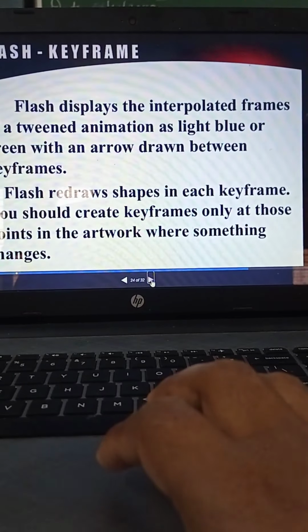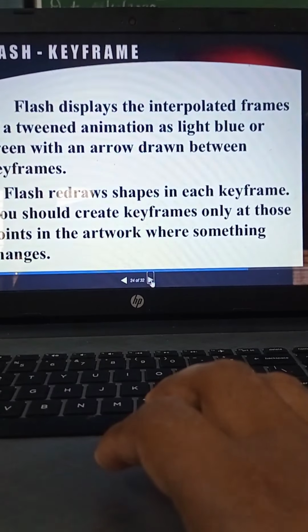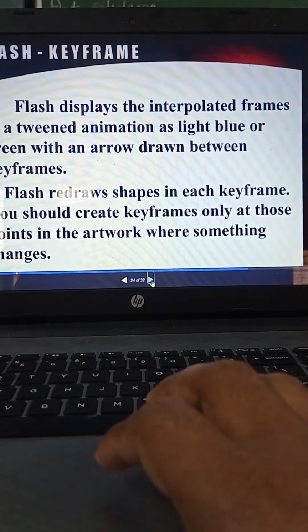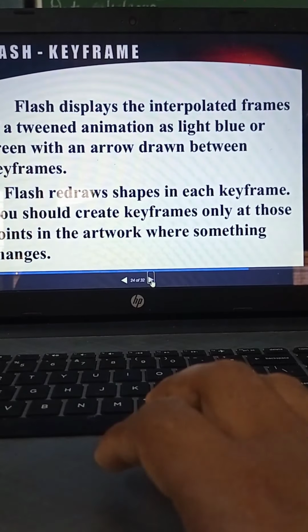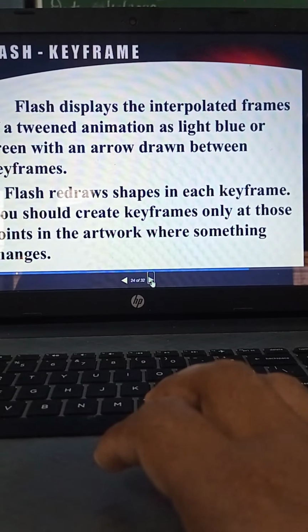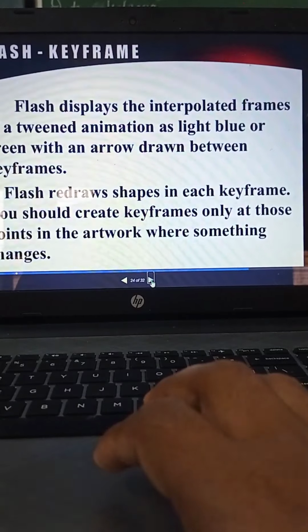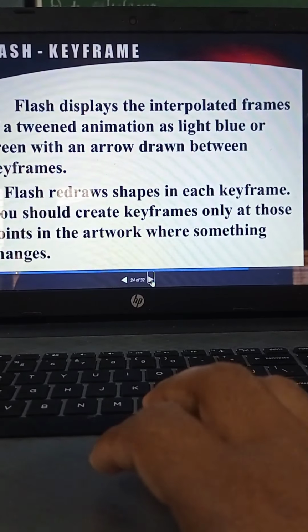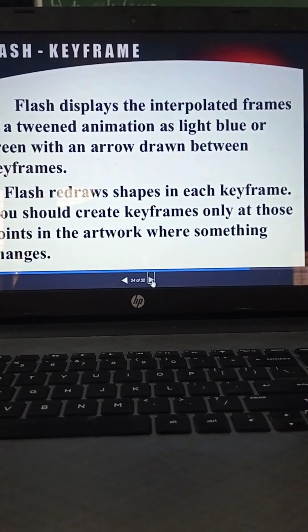Flash displays the interpolated frames of a tweened animation as light blue or green with an arrow drawn between the keyframes. Flash redraws the shape in each keyframe. You should create keyframes only at those points in the artwork where something changes.